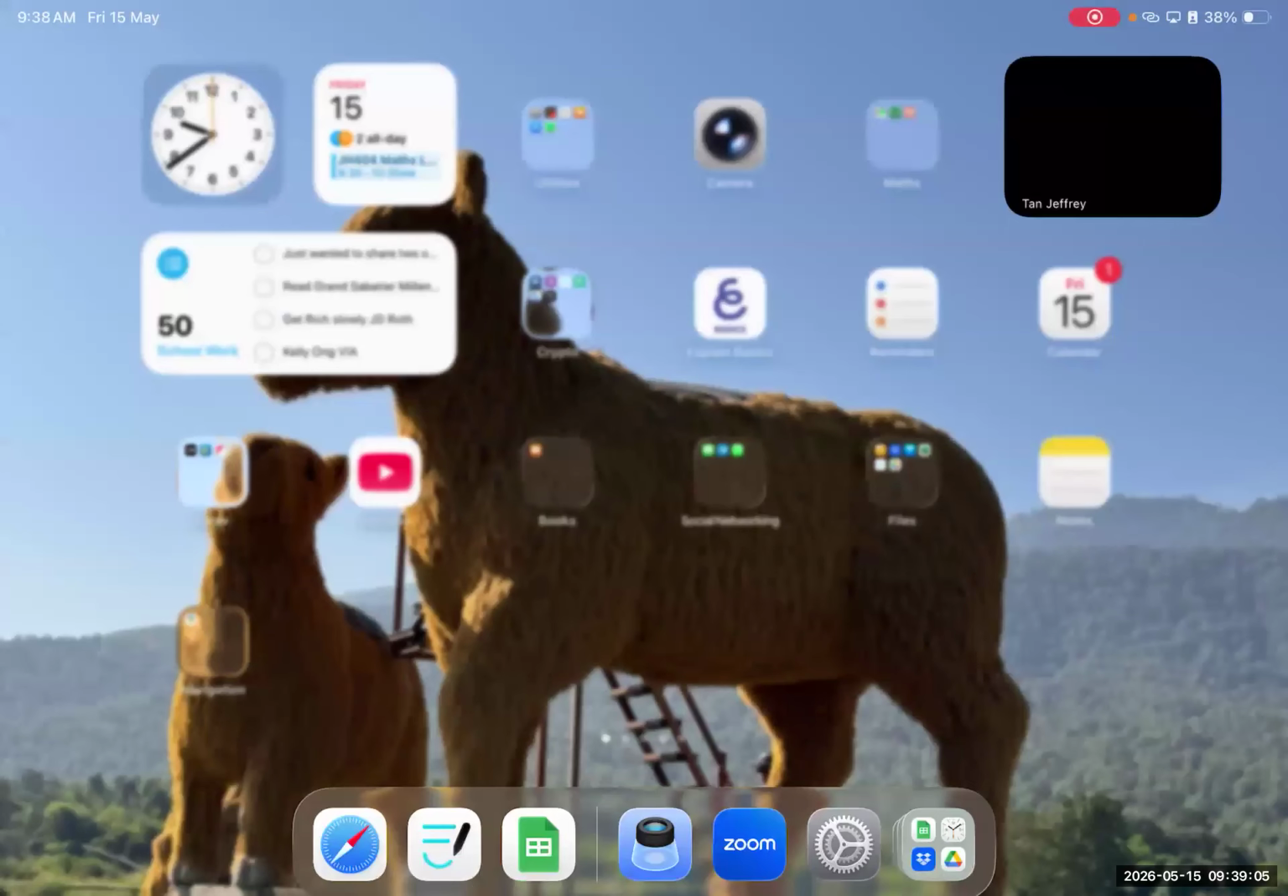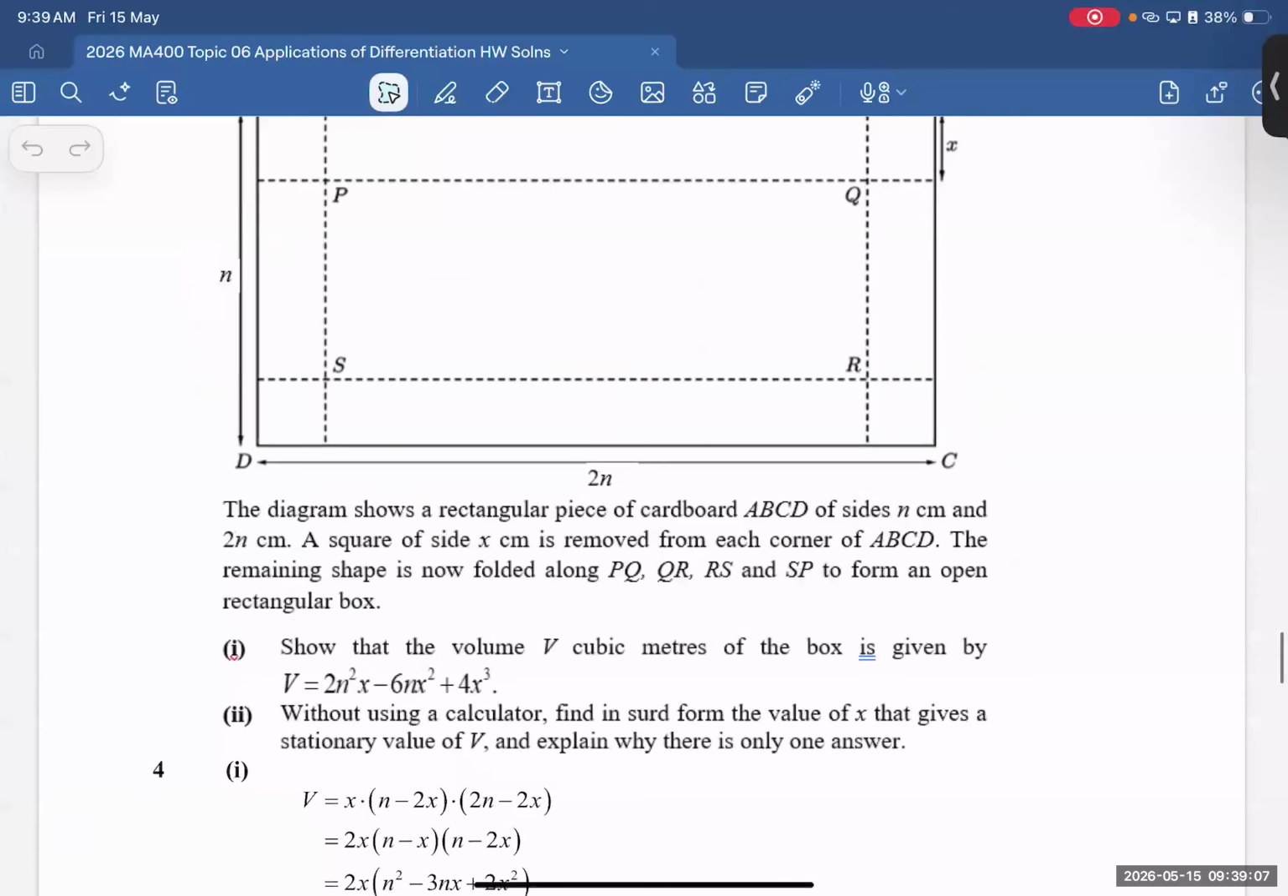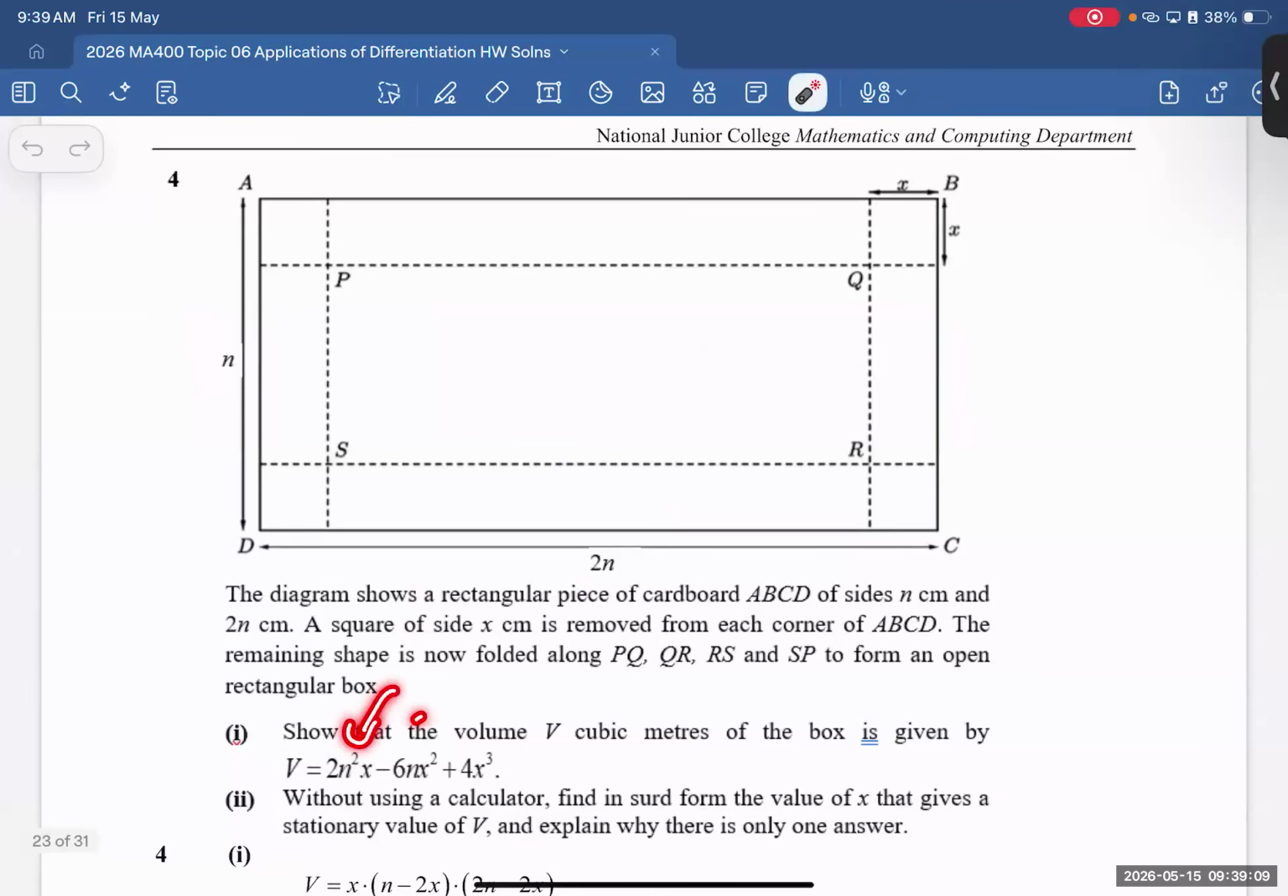Okay. The volume is given by 2n squared or 6n squared, 6nx squared plus 4x cubed. So in this question, you have